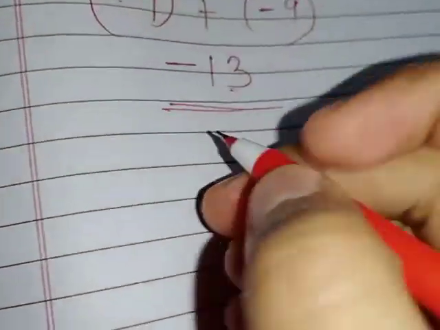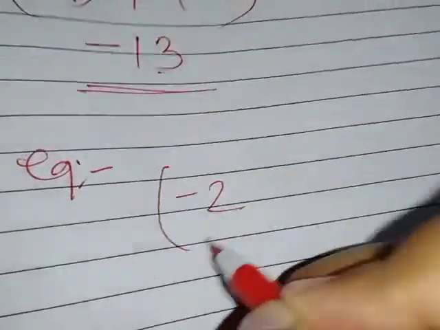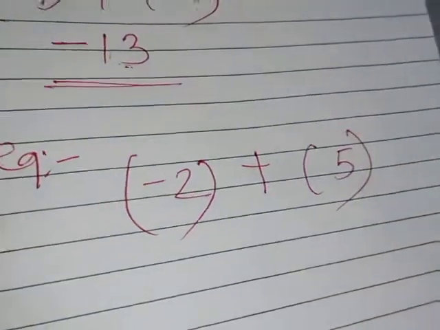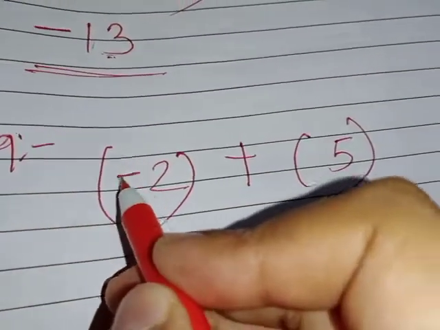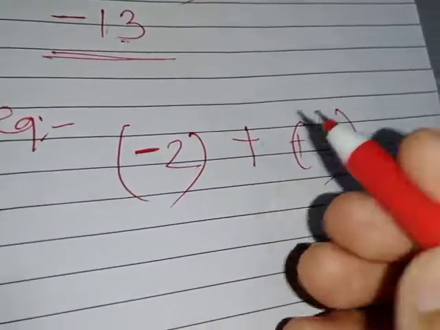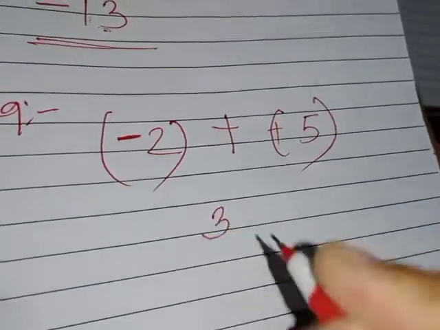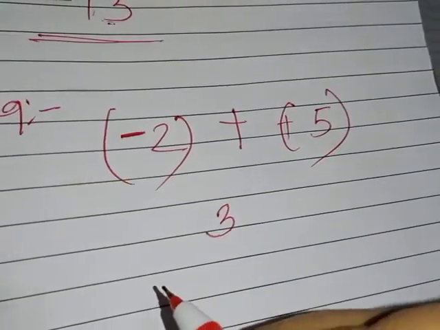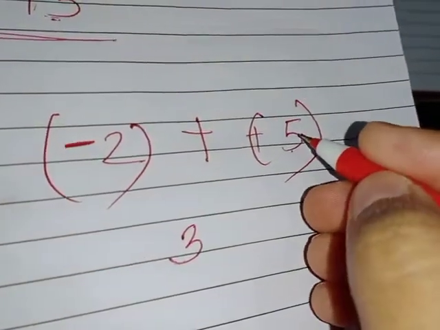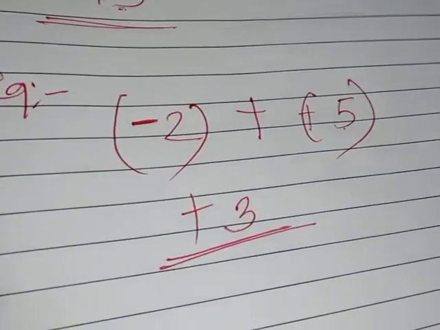You see, for example, when you have one negative integer to add with one positive integer, when you have one negative integer and you have one positive integer, what do we do? We do the subtraction. Okay, minus plus, we will do the subtraction, but what sign we will use? Sign we will use of that number which is bigger one. Bigger one is 5, na? So we will put the sign of plus. Are you getting my point?